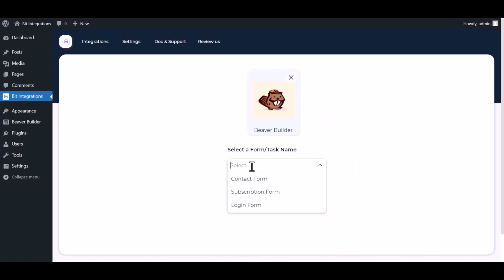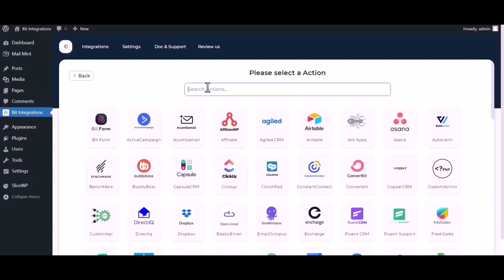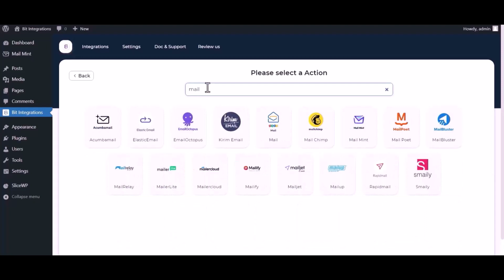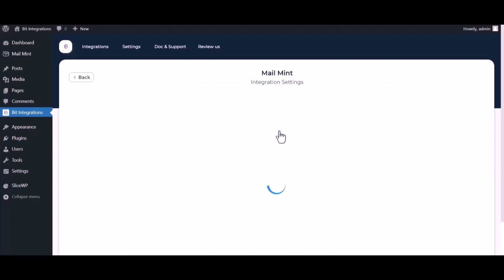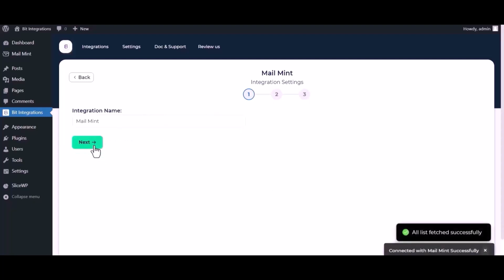Select a form. Next, search and select Mailment. Connect. Next,